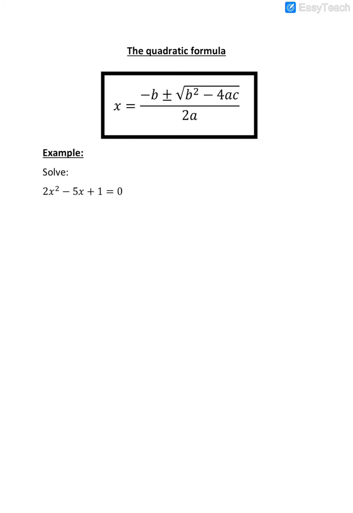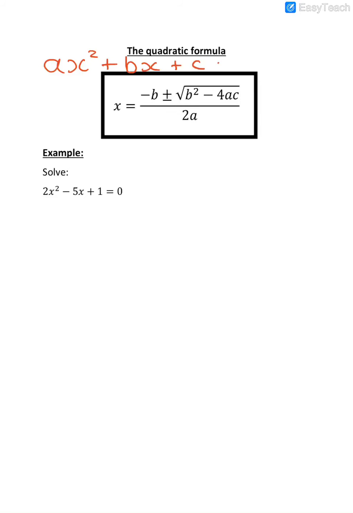Hi, and welcome to this video on using the quadratic formula to solve a quadratic equation. So the quadratic formula is the formula that will solve a quadratic equation of this form: ax squared plus bx